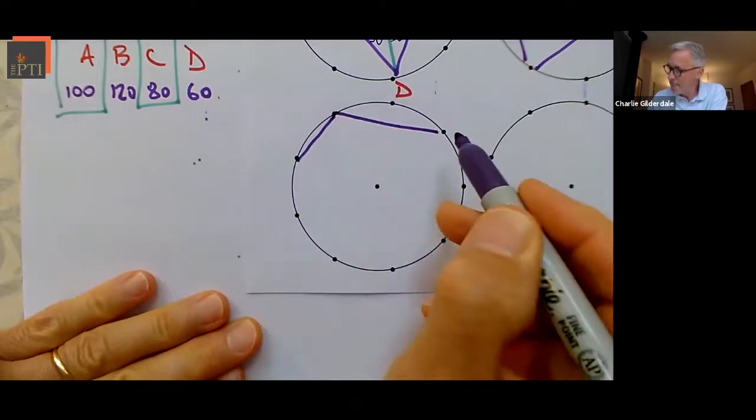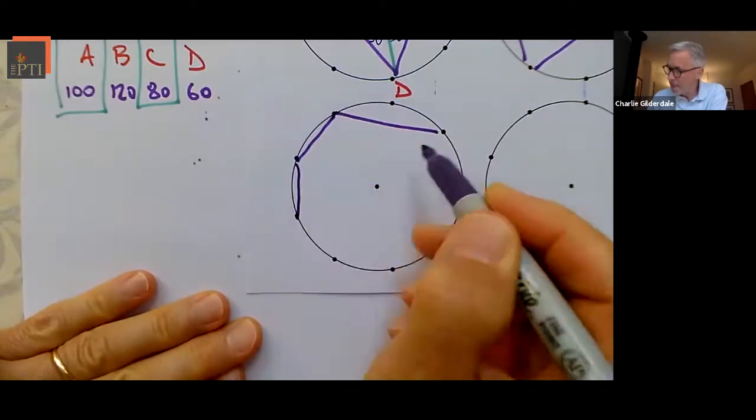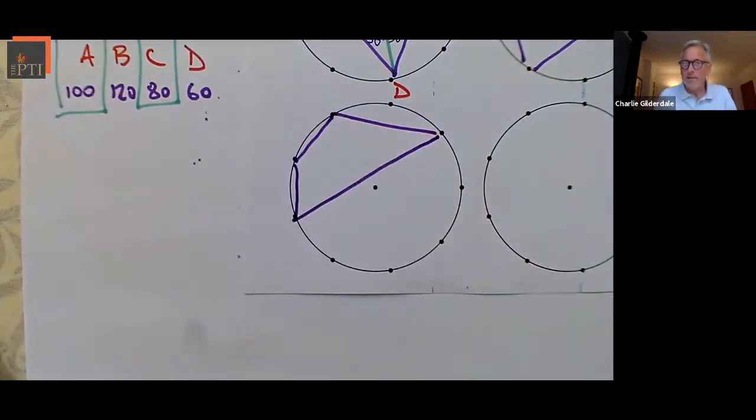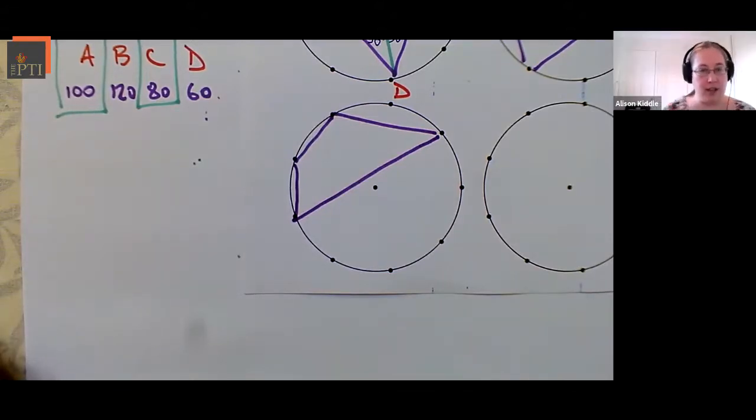is drawn in such a way that the center of the circle appears outside of the quadrilateral? So this seems slightly trickier. While you're drawing the lines on there, Charlie, that second example without the dot in the middle is a nice way of using this as a low threshold,